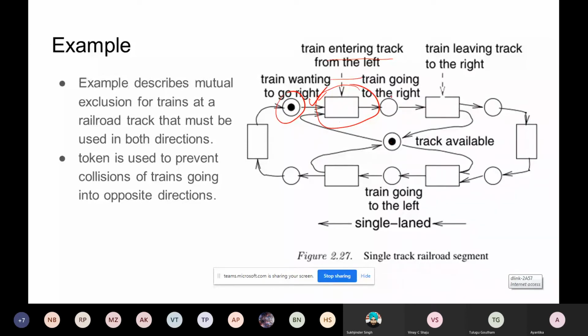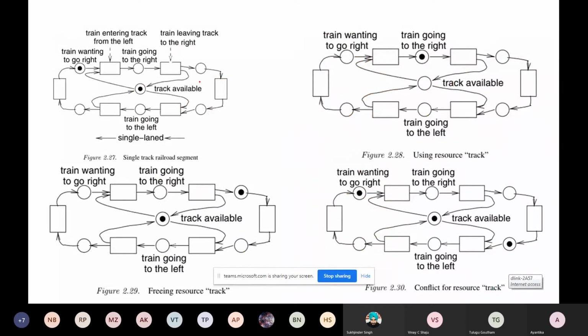Maybe you may come to this next example. This is the same example, with different states shown. It will be easier for you to understand. You can see this token is here. This event is occurring and the token is moving to this point. So basically the state is changing based on some event. You can check the same thing here also. There are some more events going on, and based on that the token is coming here. Here Petri-net is also useful. We will come back again with a more detailed example.